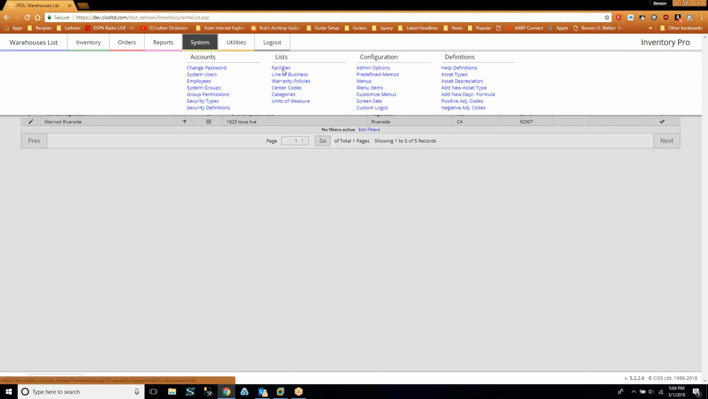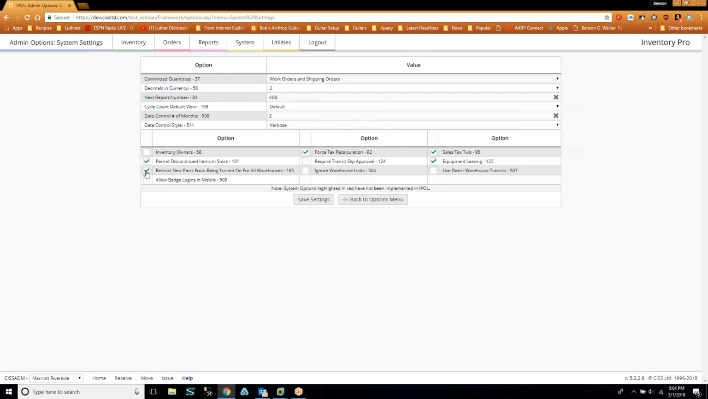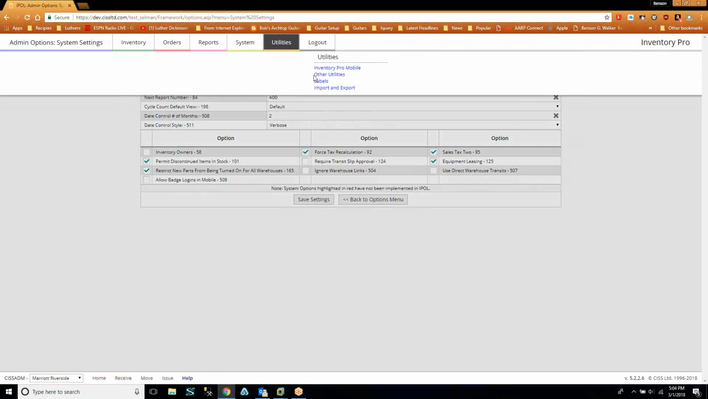So, system admin options. Okay, so it'll only go to the Sheridan. This controls whether or not your parts are available across all virtual warehouses. So if I go back into that guy,